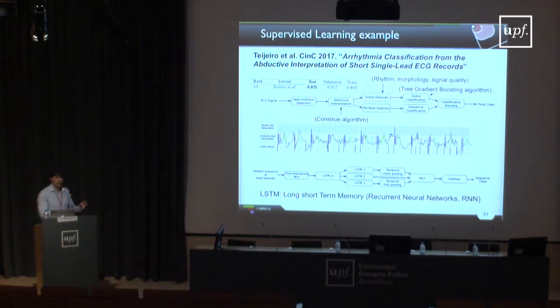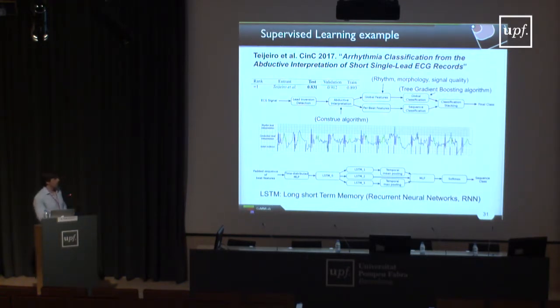So a doctor tells them, in order to recognize this, I look at this, and this. Like the P wave has to come first, then the QRS, then the signal has to be this, and this way. So they analyze all the data, and as a function of that, they relabel and get what they call global parameters from the data. So parameters that appear all over the sample. Then they have a second part, which is this per-beat feature. So instead of looking at the whole sequence, they look beat by beat, and they develop this